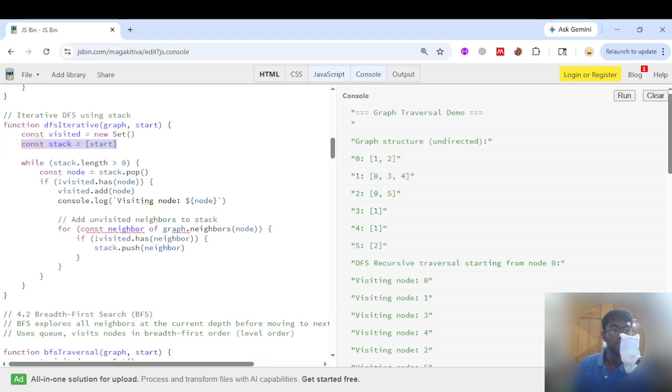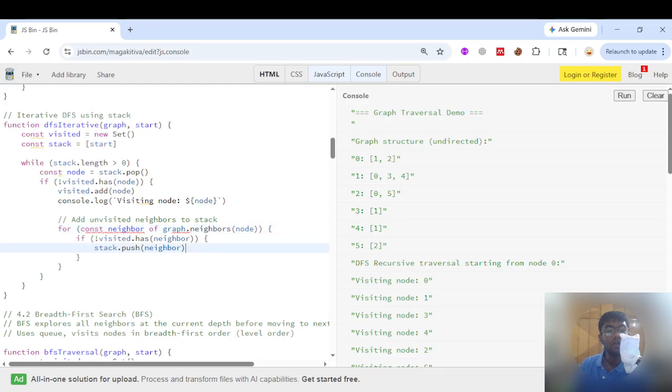We have a stack and a visited set, which only stores a unique set of values. We start off with a start value or a root node, and if the specific node popped out from the stack is unvisited, we visit the neighboring nodes which are unvisited,